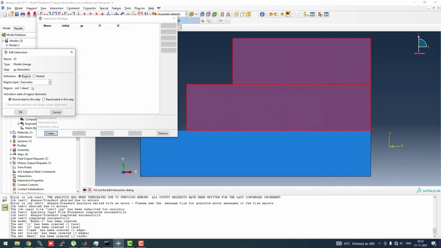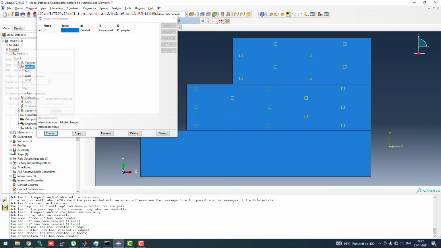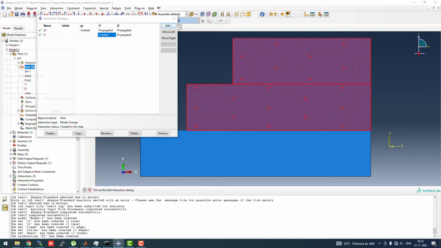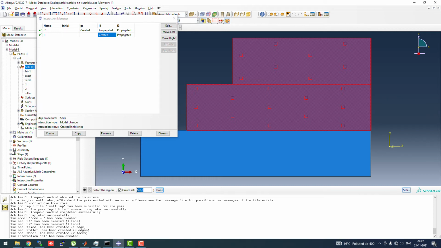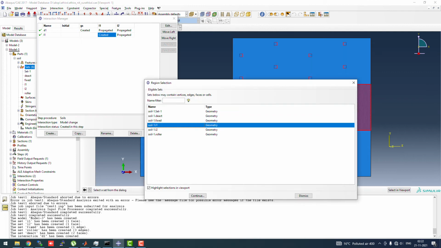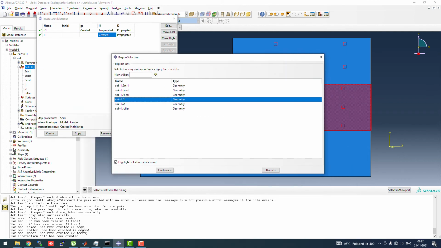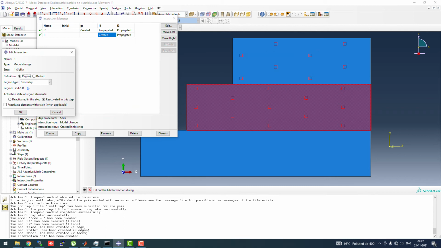So we'll deactivate this in this step, and later on we can just copy this step and we'll call it L1, start it from the L1, and click on edit. Now the region which we want to reactivate is soil L1. So you can see the highlighted section, it will be activated in this step, and everything is fine.